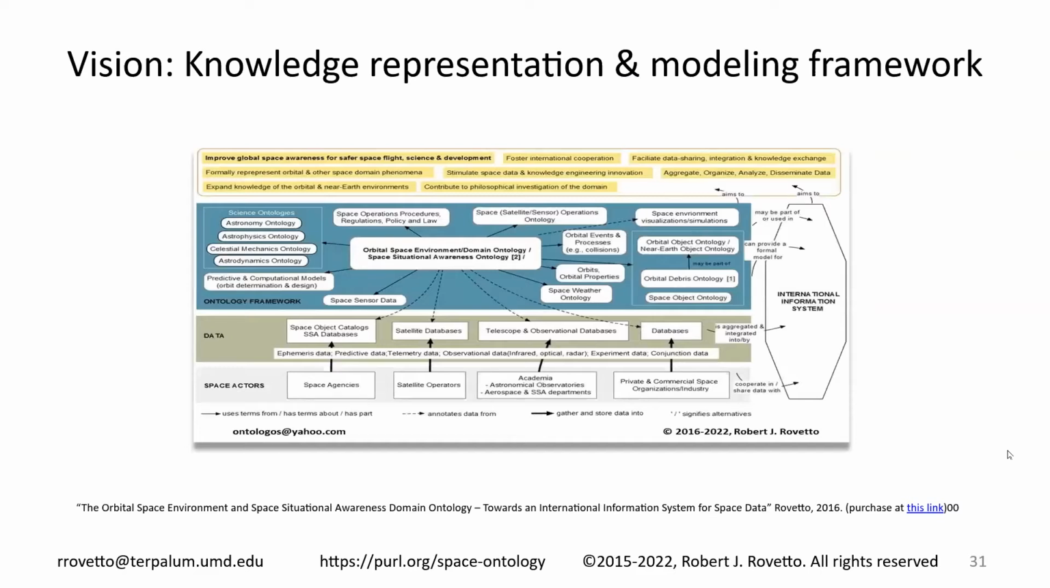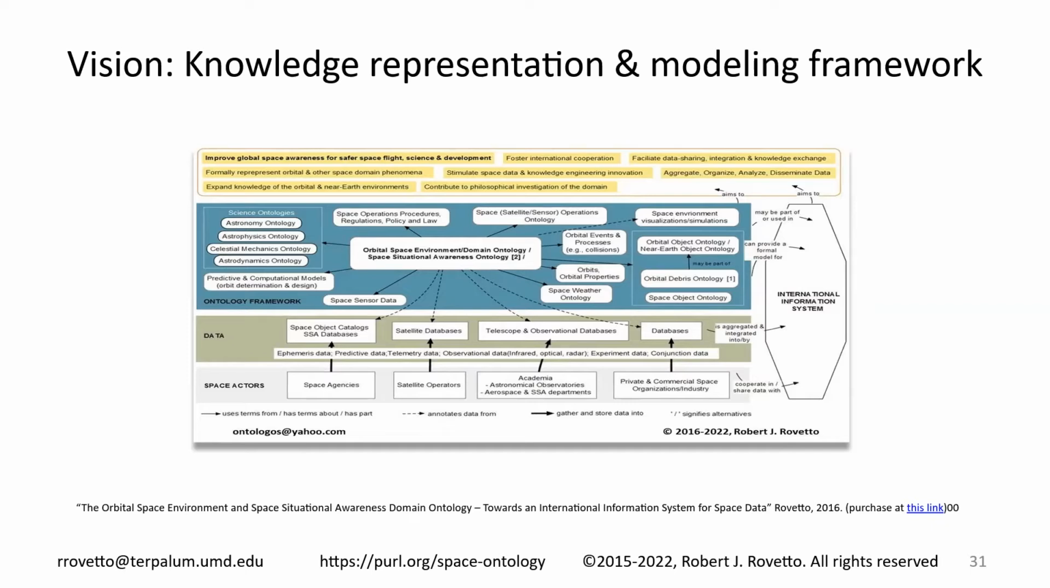And similar to that, in 2016, I presented on my overall project, and this diagram basically encapsulates part of the vision. So we have space actors or agencies or persons or organizations at the bottom that deal with space data. Above that, in the greenish color, we have the data itself, and that might range from databases of orbiting objects to astronomical databases of astronomical data, and so forth. In the blue, we have the ontology models I'm developing, and